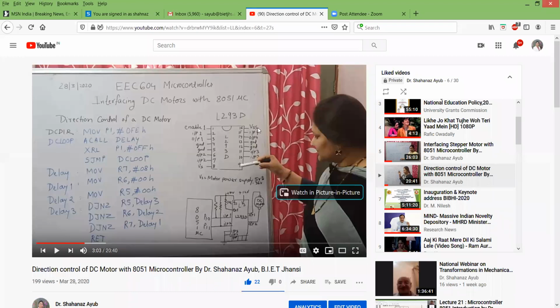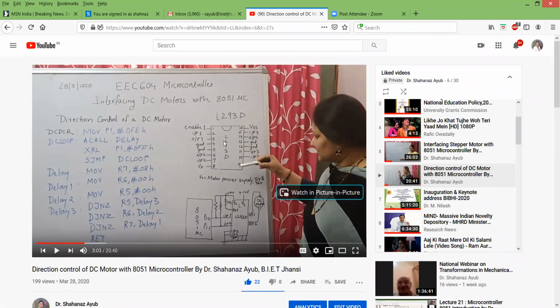Now VSS is nothing but the power supply for this particular IC. It is the same power supply we use for the 8051, and we use it for the L293D VSS. So this VSS is connected to 5 volt, and the inputs are connected through pull-up resistors, maybe 10K.